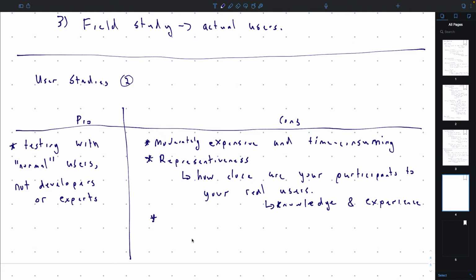Another problem with your data is if you bring a user in and you sit them down and say it's some security test, like you're going to get them to set up a password or something and see if they remember it and whatever. They're coming into a lab, they're sitting, you're standing with your clipboard watching them. Are they going to choose a password that's the same as they would choose at home? Not necessarily, okay?